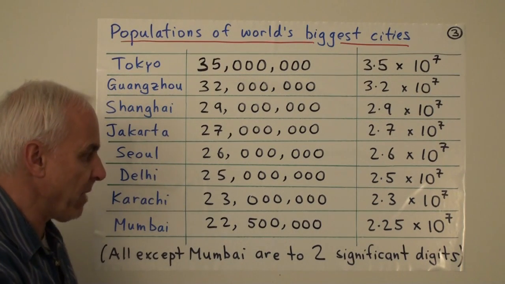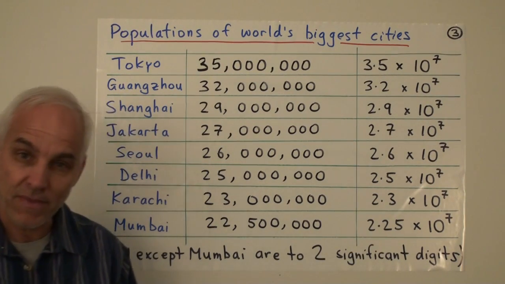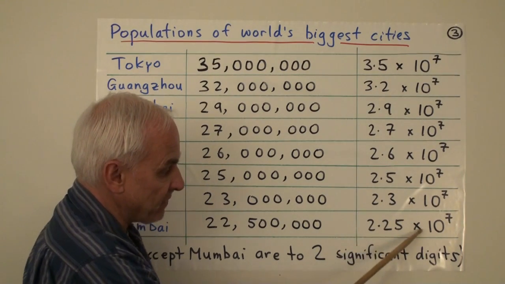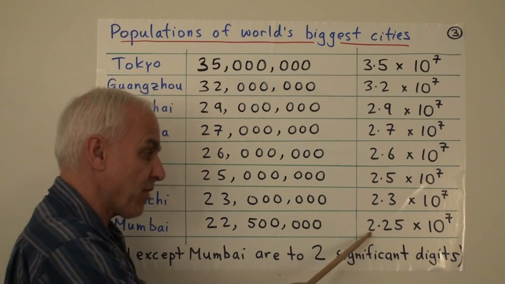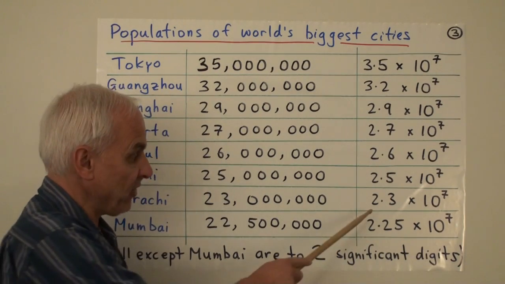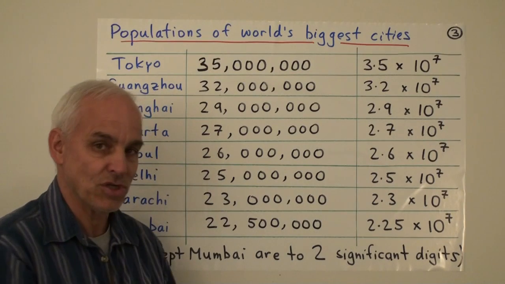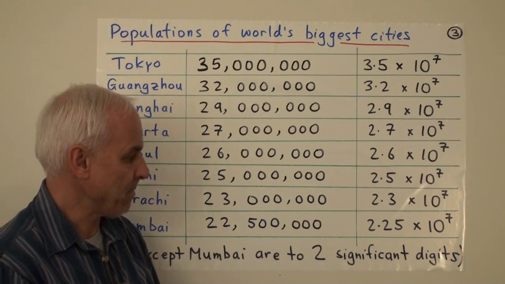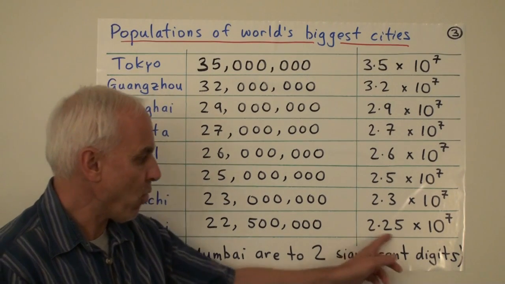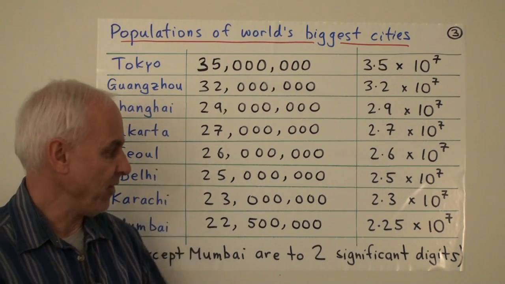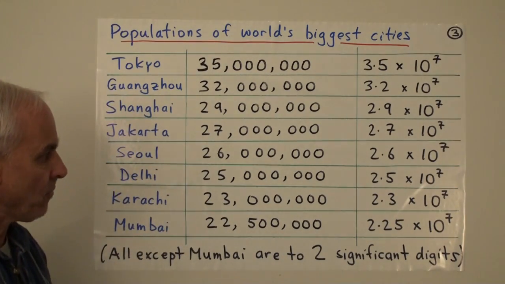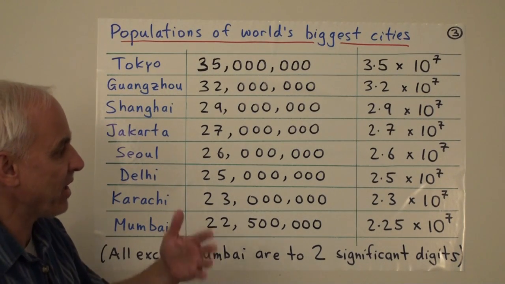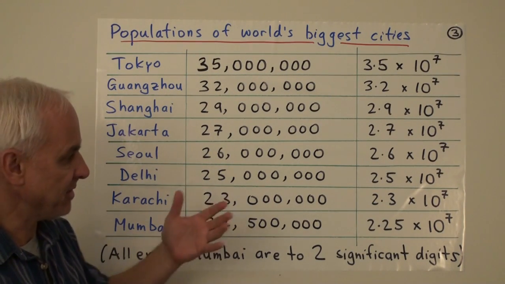I'm giving you a little bit more information, and you can see that reflected over here in the scientific notation form, where we have 2.25 times 10 to the 7. So we're seeing 3 digits in the digit part, whereas in these other cases we all had 2 digits. So we can see there's a bit more accuracy, a bit more information the more digits you have in this digit part.